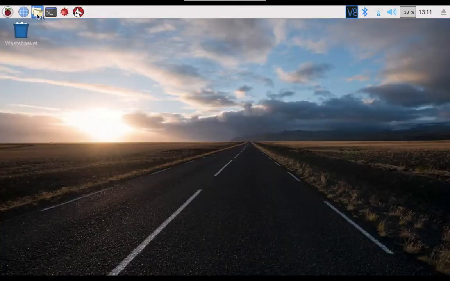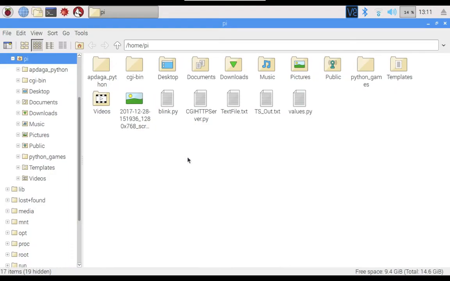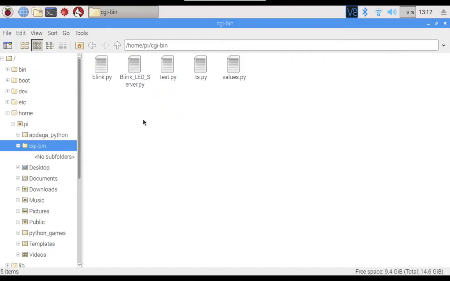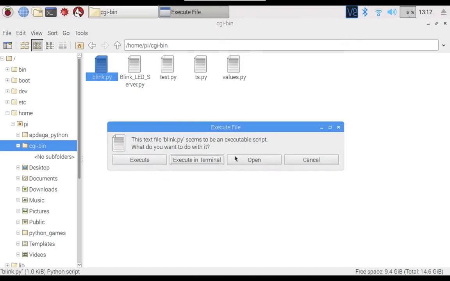When I click on the file manager, this is my home directory. Create a new folder here and name it cgi-bin. Don't give any other name; we need to write this only. Then open that folder, click on create new empty file, and in this case I have named it blink.py.